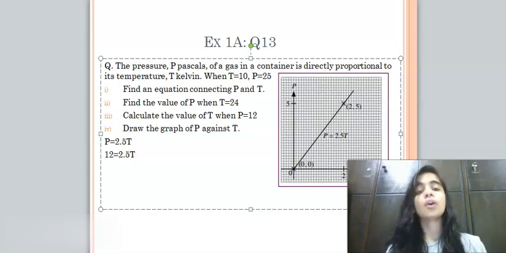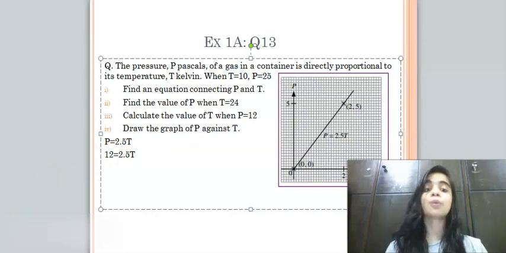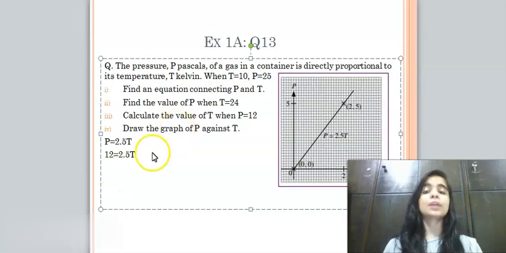We will divide the whole equation by 2.5. So 12 divided by 2.5 will give me T. And what is the answer? Yes, the answer is 4.8 Kelvin. So my temperature will be 4.8 Kelvin. Okay. So the value of T is 4.8